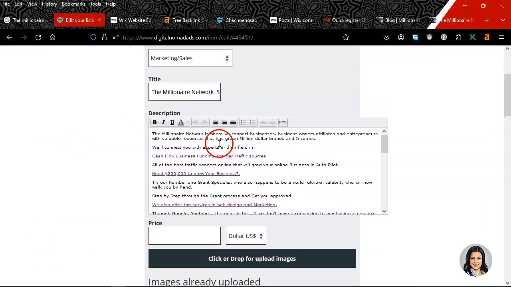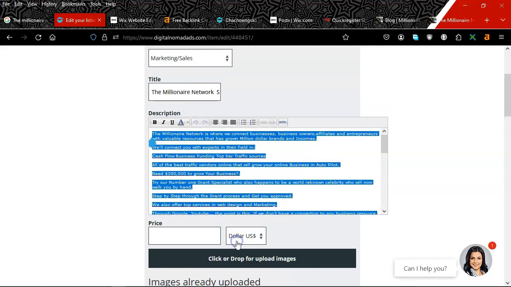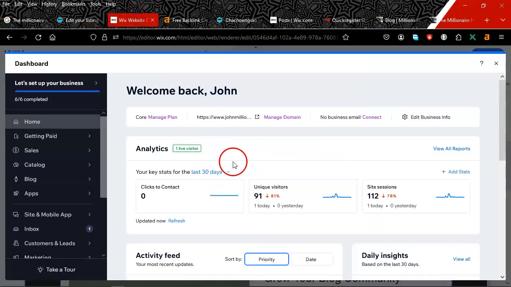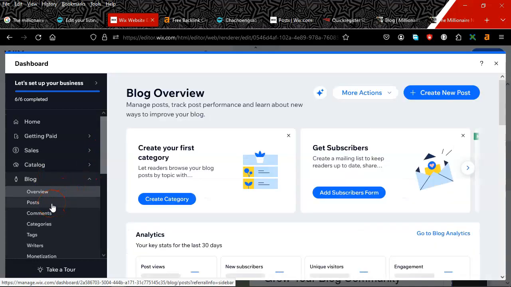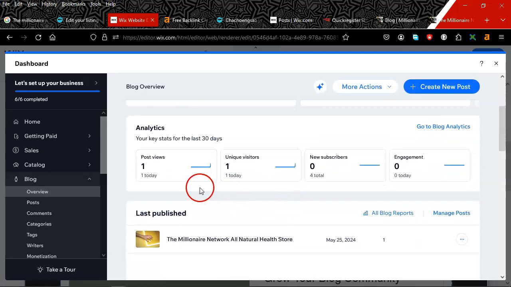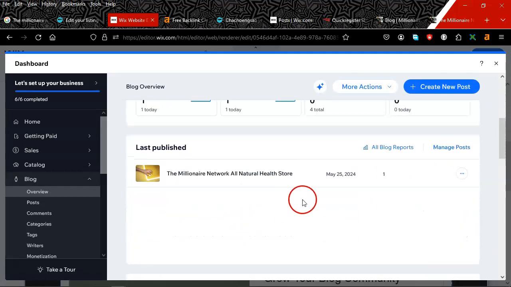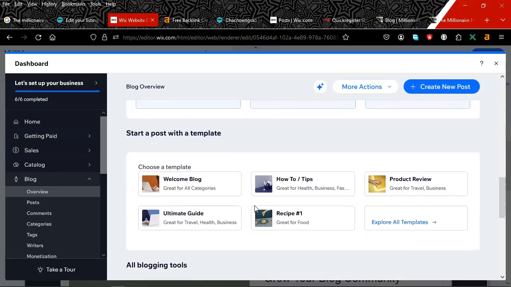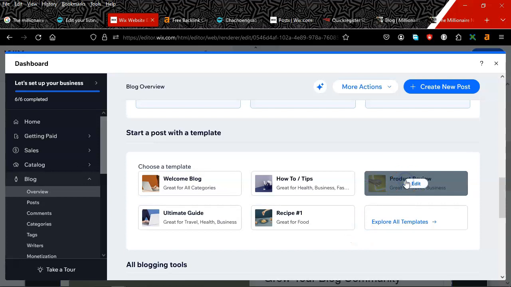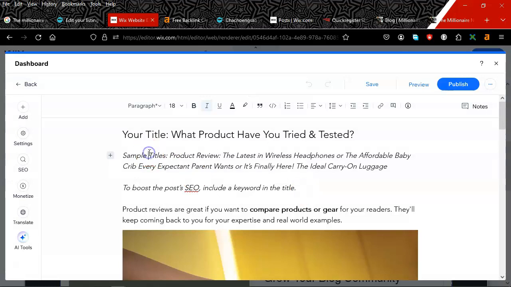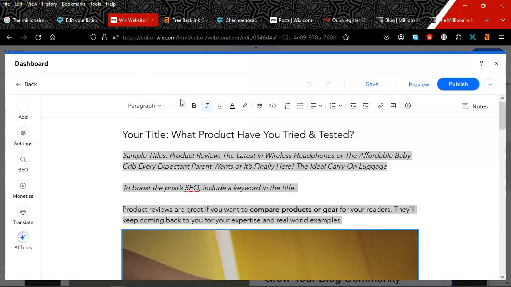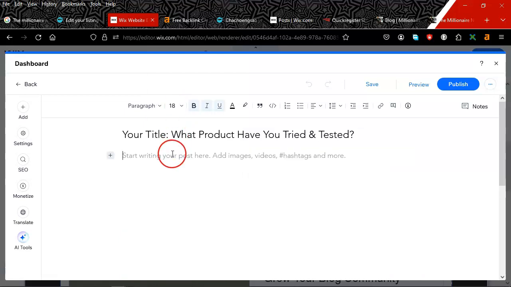Remember, it's just a blog, so we're gonna take this and select all, Control C, and come back over to your blogging area, over to your blog. We're gonna click post, or oh, I have a visitor to the ad already. Oh, we got one. All right, let's choose a template. For this one, we're gonna do another product review. I'm still gonna remove everything that's here. I'm gonna paste.